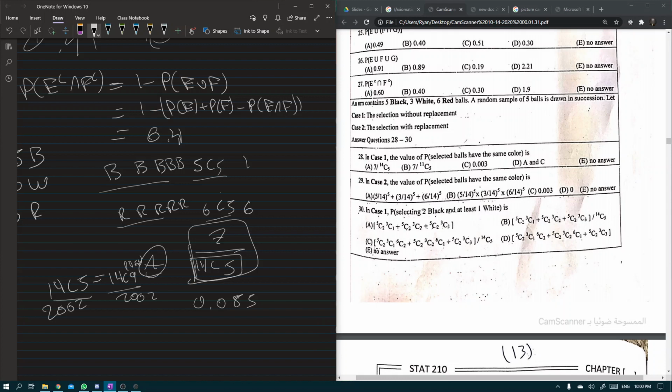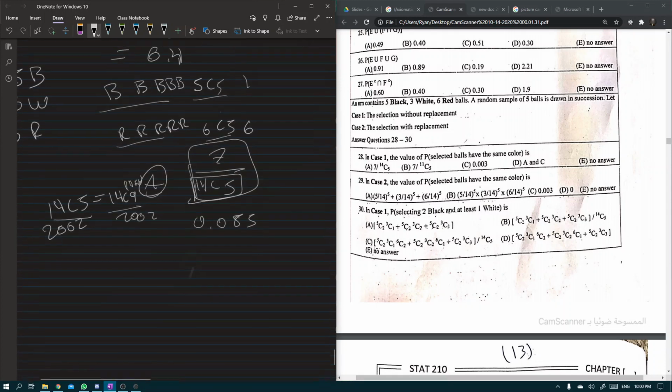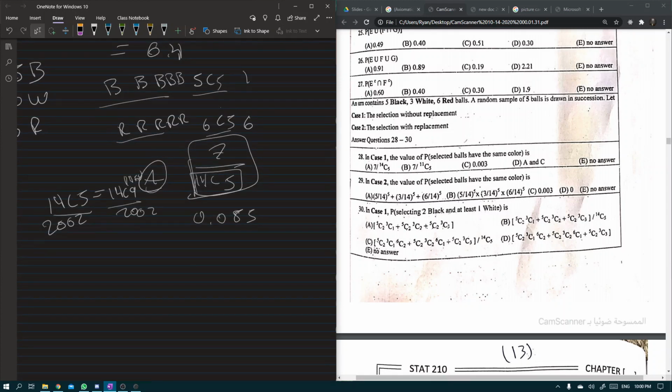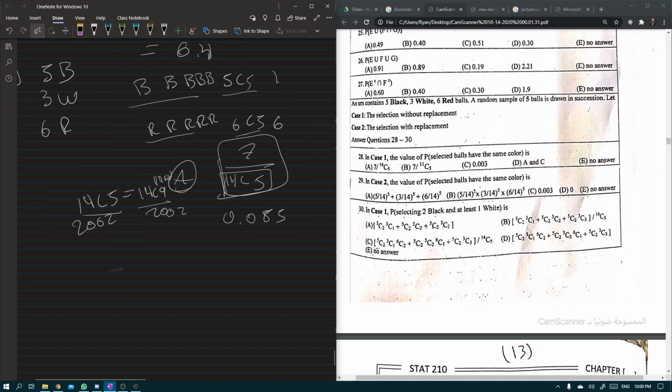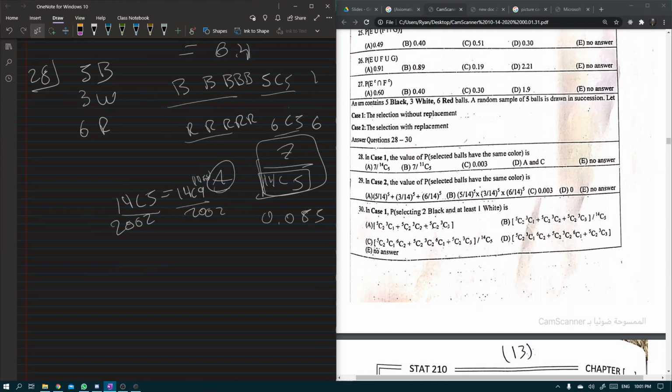Case 2, probability that the selected balls have the same color. Hold on. It's not 0.03. Is it supposed to come out as 0.003? I didn't do it yet. Okay, so 5 black, 3 white, 6 red. Same color, so we just add 5 over 14 times